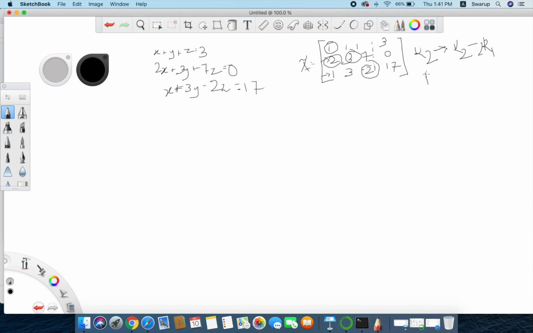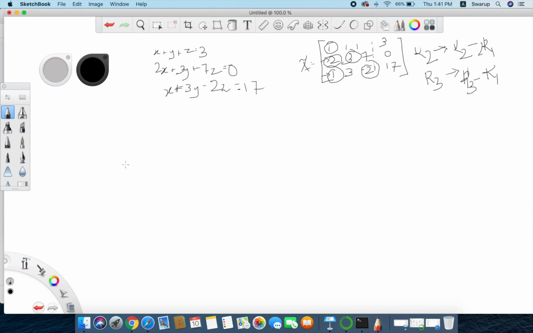Similarly, next in row 3 we also have to convert this 1 to 0. To do that I can say row 3 equals row 3 minus row 1. So we can take row 3 value minus row 1 value, that is also fine. Subtraction is nothing but adding an inverse value.